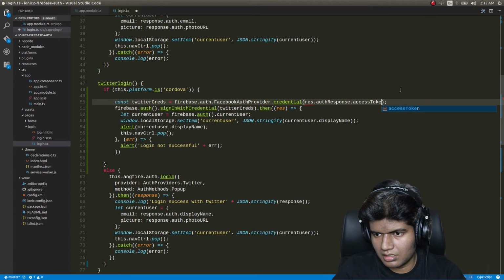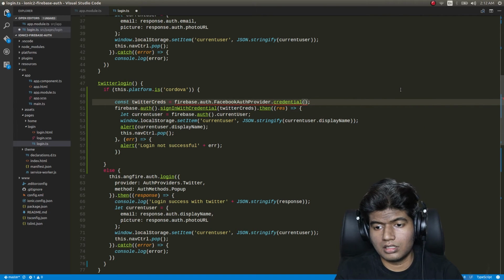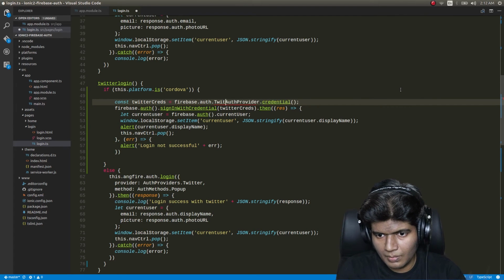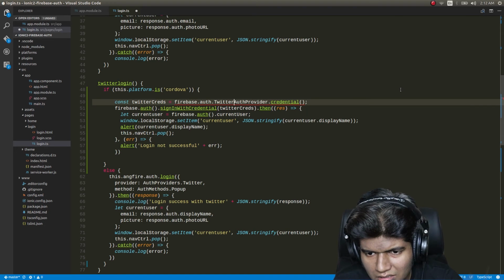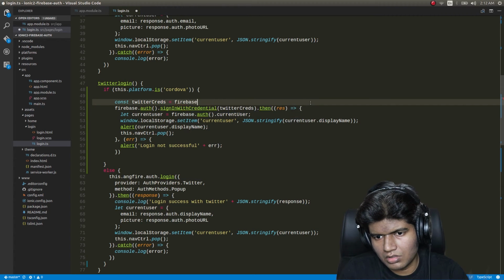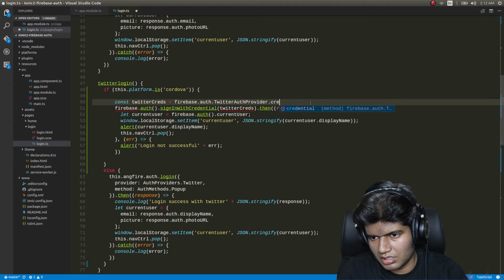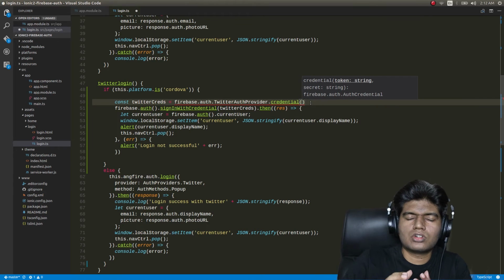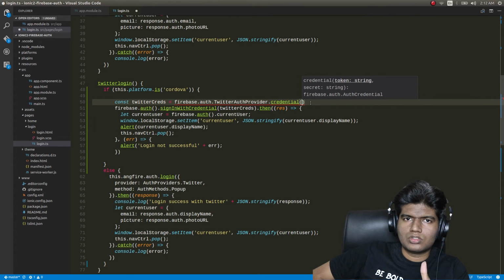This won't be needed. Instead of this, for Twitter, sorry, here I need Twitter to create firebase.auth.TwitterAuthProvider.credential. So here I should give the access token and access secret. Access token and access secret you will get once you